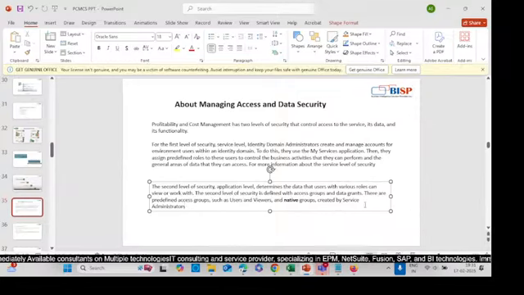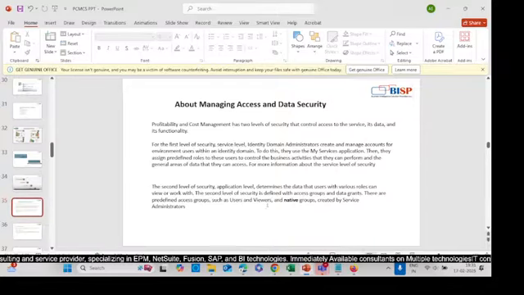Basically it depends upon that. There are predefined access groups such as users and viewers, and native groups created by the service administrator. This will be held by the service administrator, like who will be the user who can create the allocation rules or assign to various